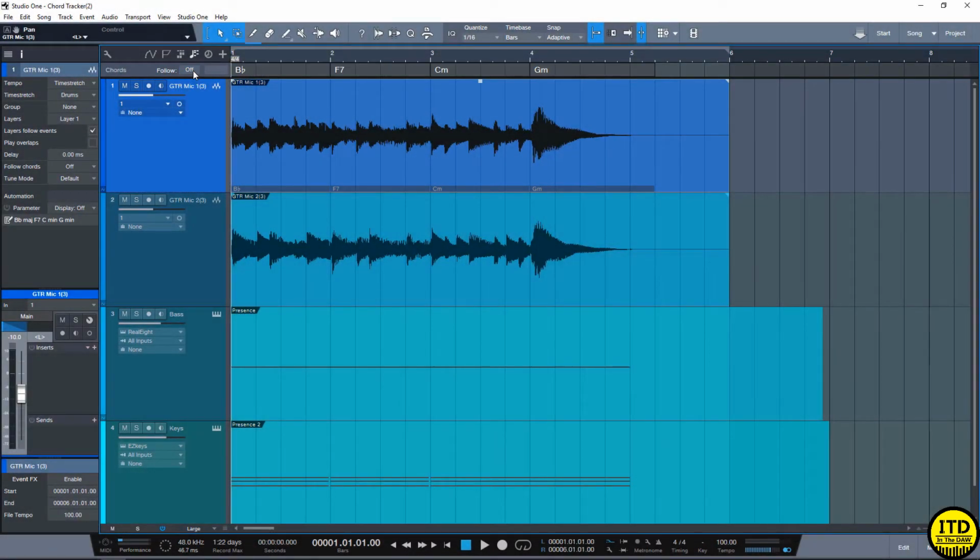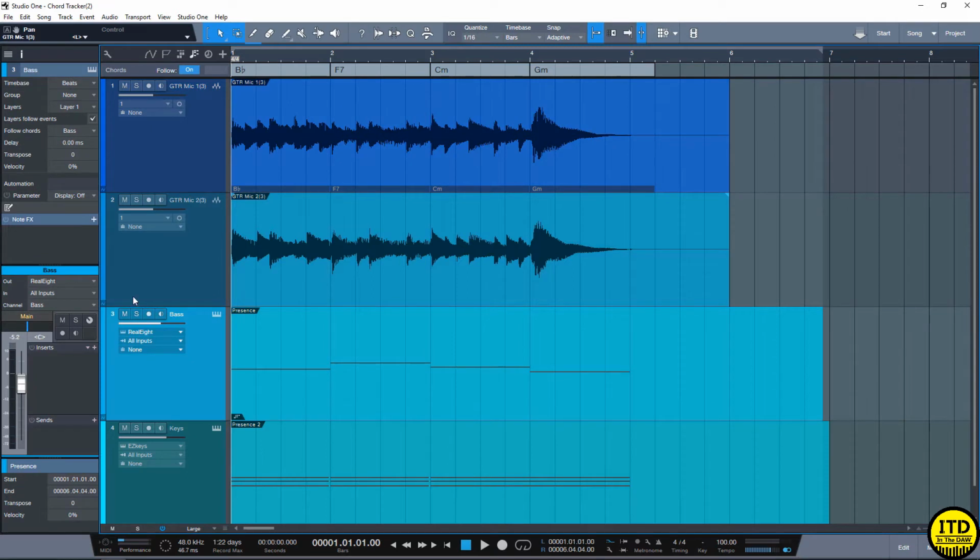If I turn off the chord track, you'll notice that the bass no longer follows it. And if I turn it back on, you'll see that it now changes to fit what was played. And the reason why I did that was because I wanted to show you what it does right off the bat. So if I solo up this bass synthesizer and I play it right now,